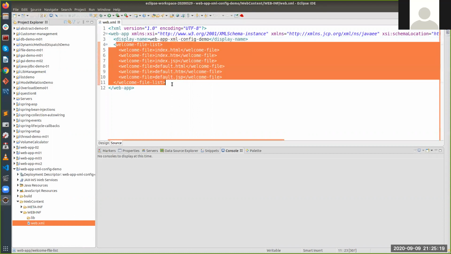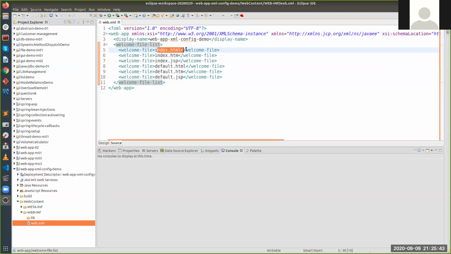Then we have a welcome file list. Now you have done some HTML. When you keep a lot of HTML pages in a folder and you try to open that folder in the browser, the first file that it tries to run is index.html. Are you aware of this? So that is called a default file, and here also we can list some number of default files.